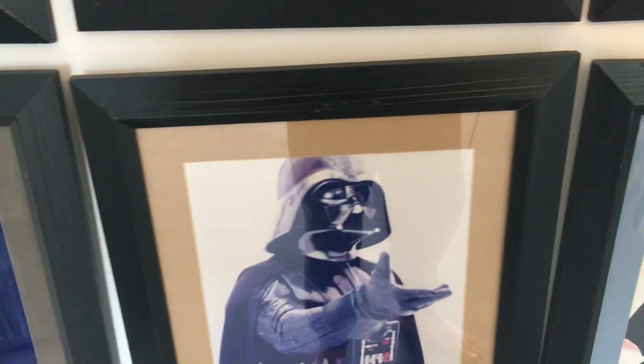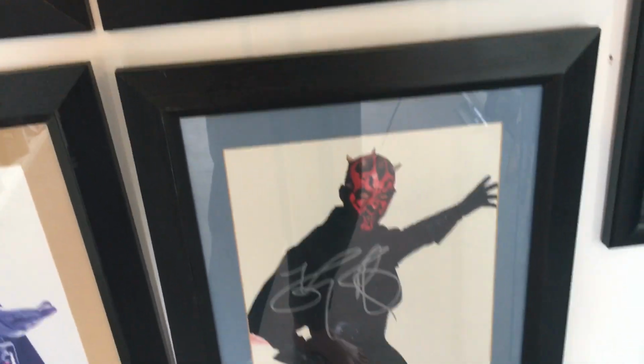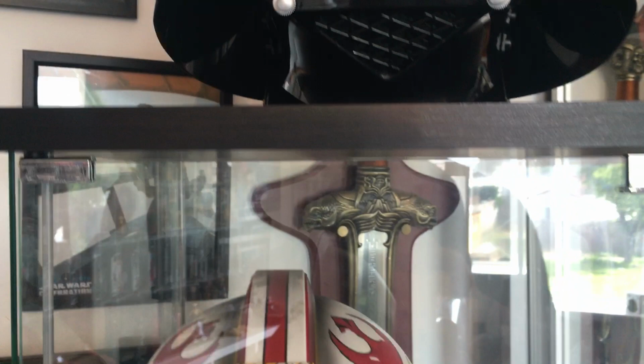Emperor. James Earl Jones. Ray Park. I've met Ray Park, that was great. Over here I have my little detour for my helmet. So we got the Black Series helmet,